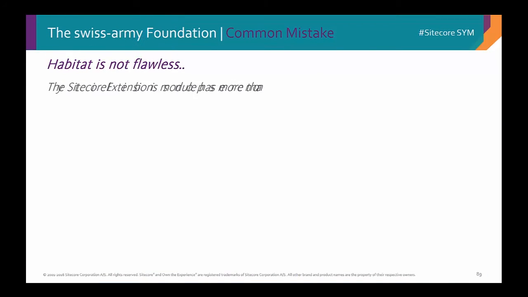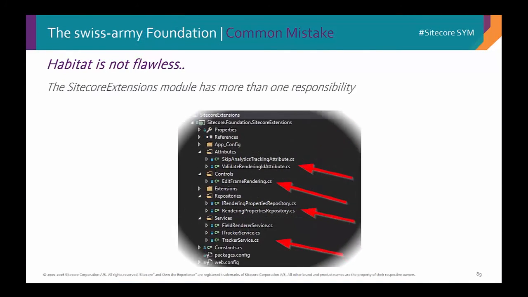So Habitat is not flawless. Elblom stole my one example from me. Sitecore extensions module. The name Sitecore extensions was originally named extensions because it was a collection of extension methods. It was made